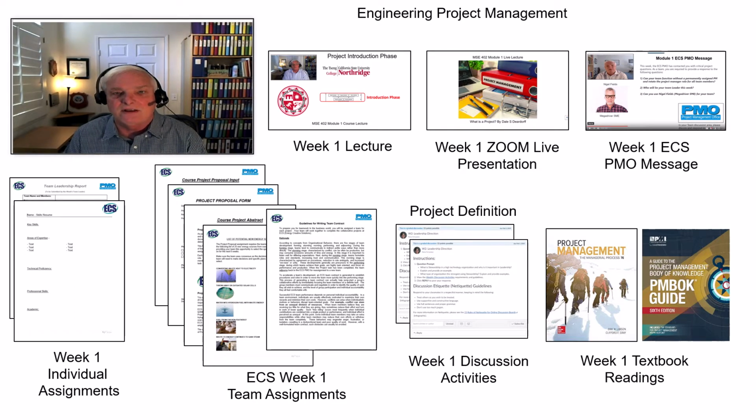Now, let's go ahead and jump across from the textbooks into the project definition area of our week 1 discussion activities. Every week there will be 2 discussion activities that you'll be responsible for participating in. Each threaded discussion must have 3 posts on 3 separate days to get full credit for it. So for discussion activity number 1, you would need to come in prior to Wednesday or on Wednesday and put your first post in, and then 2 discussion posts after that on other people's information that they've put in there. And then for threaded discussion number 2, you would do the same thing.